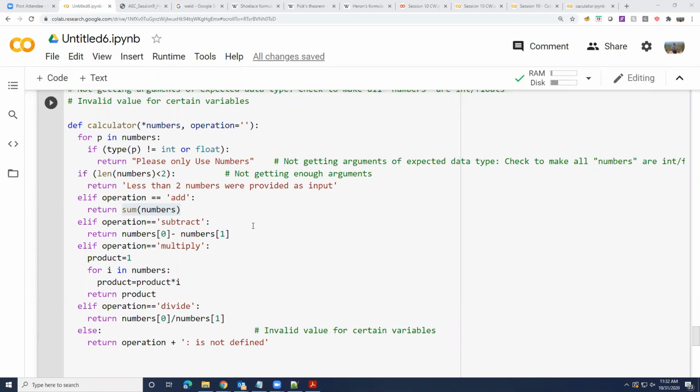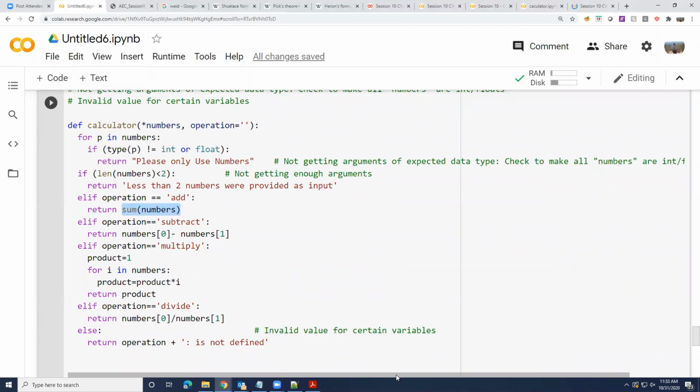So there is a way to make sure your function returns two different things for when you are returning errors versus when you are returning answers. And some of you already know it. What is it? Anybody?